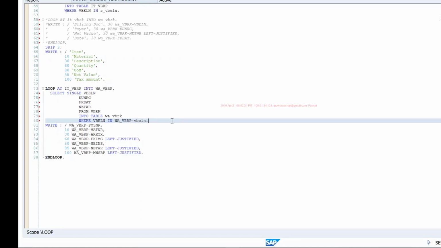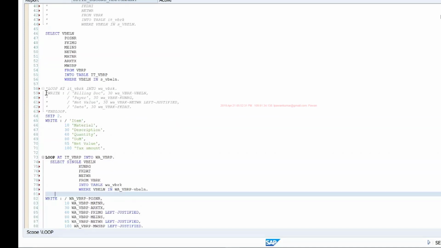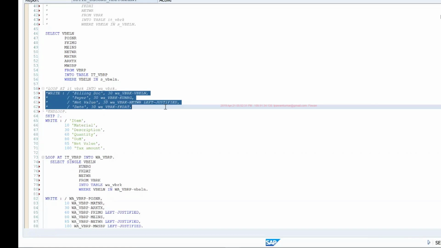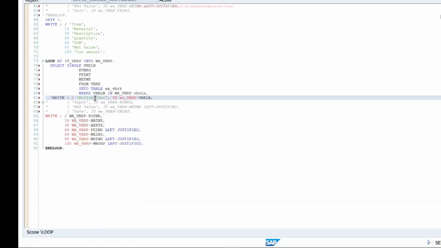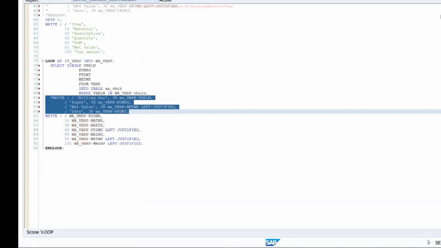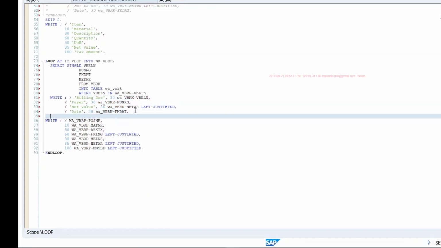Okay, and then I can write my header. I can write this header data and then give some space and write the item. This also I can do.